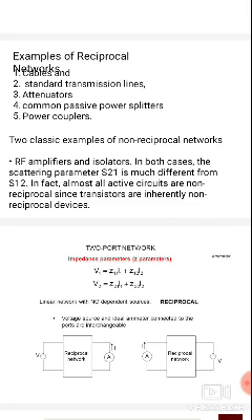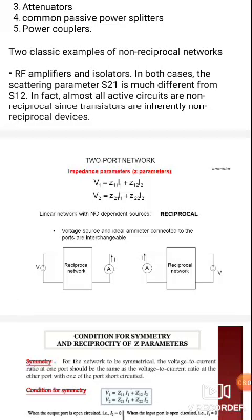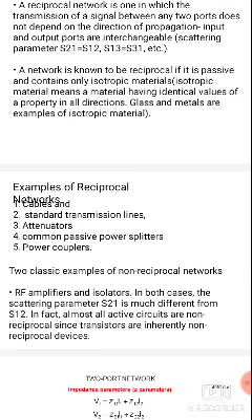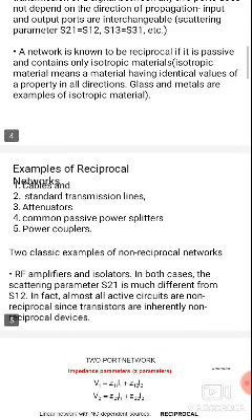Reciprocal means the voltage across port 2 depends on the current applied at port 1 in the same way as the voltage across port 1 depends on the current applied at port 2. So V2 depends on I1, and V1 depends on I2. Reciprocal examples are cables, transmission lines, attenuators, common passive power splitters and power couplers. In reciprocal networks we use normal cable lines, coaxial cable, transmission lines, attenuators and passive splitters,